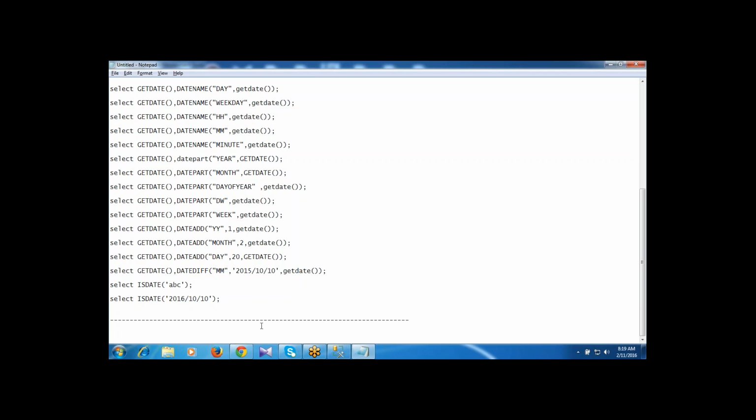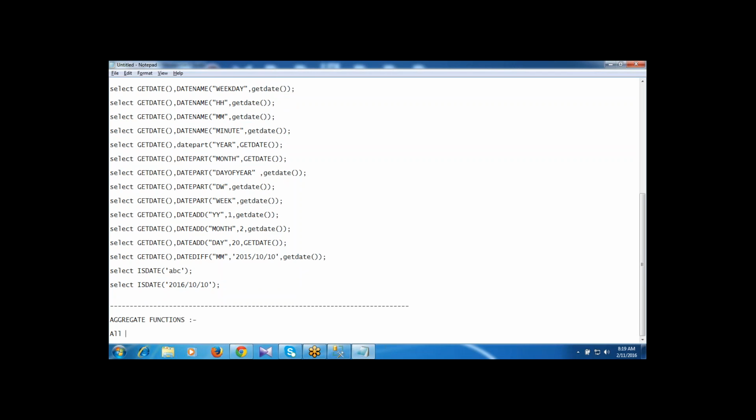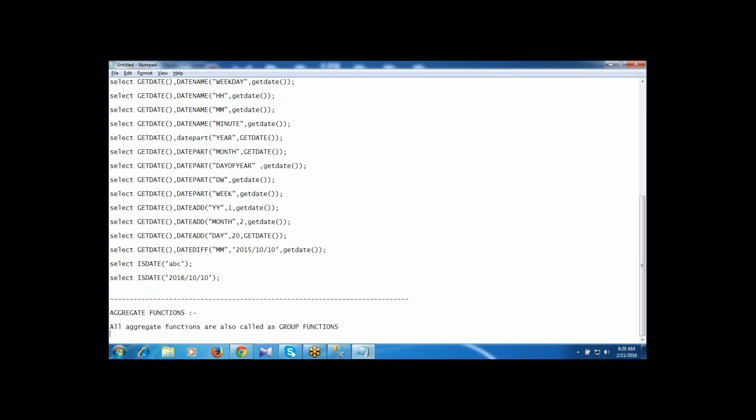Yes, clear. Next. So here we are working on aggregate functions. These are also the predefined functions. So what we are saying is that all the aggregate functions are also called the group functions.